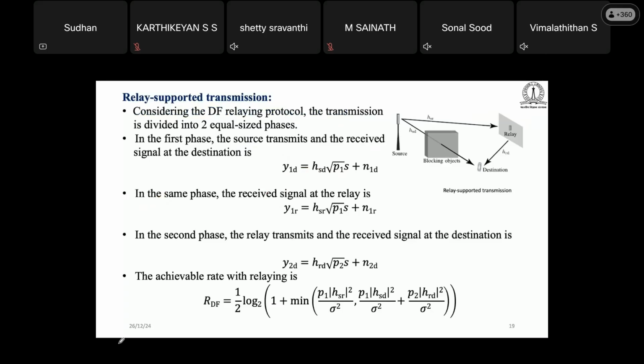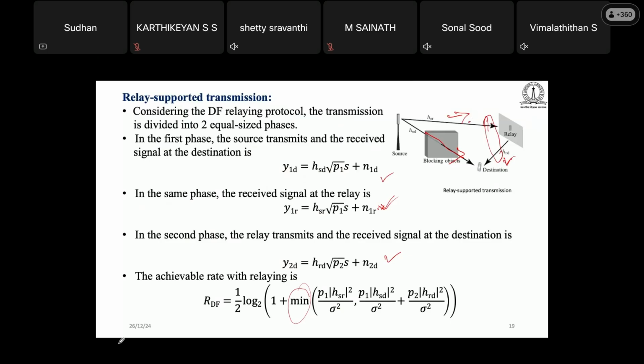Even if we compare with relay-assisted transmission. What is relay transmission? We transmit, again this is a direct link, this one is this link, and this one is this link. So what we take is the minimum, the bottleneck. If you know about relay communication, we take the minimum of these two, the minimum of whatever comes through the source to relay link.